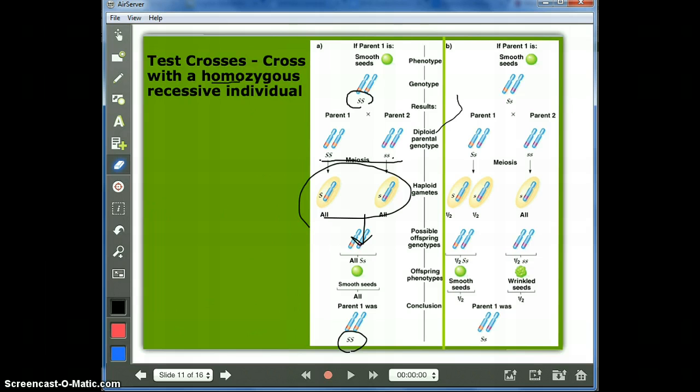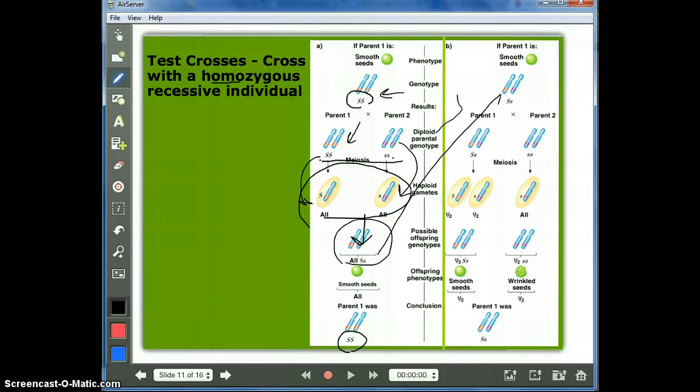Now, when we cross with a homozygous recessive individual, all that this illustration is looking at is whether we have an individual that is heterozygous. Let's look at this one being homozygous dominant. If I have one parent that's homozygous dominant and I cross it with one that's homozygous recessive, this guy can only give a big S, this guy can only give a little s. So all of our offspring, our progeny, are going to be heterozygous, which means that they're all smooth